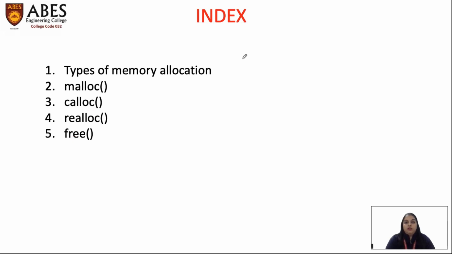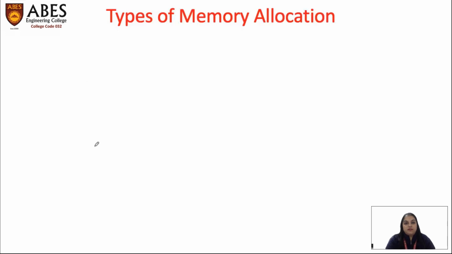So first of all, let us see what the contents are. Types of memory allocation, then the four functions of DMA, dynamic memory allocation: malloc, calloc, realloc and free. Now let us discuss one by one. Now there are two types of memory allocation. The first one is